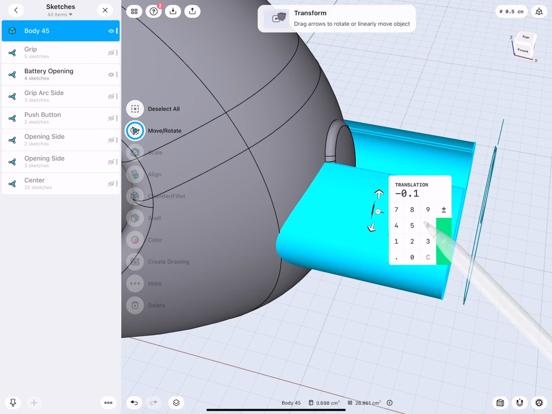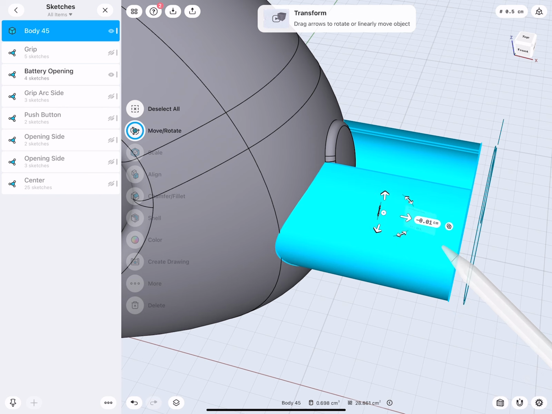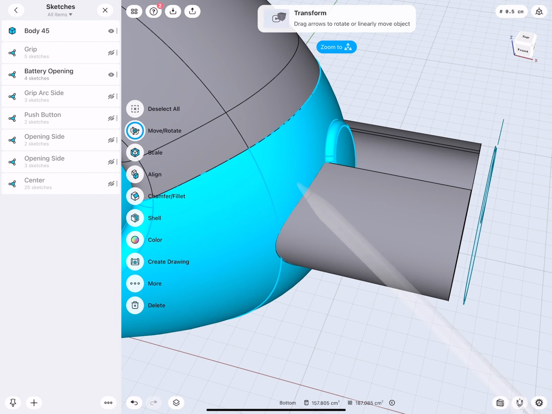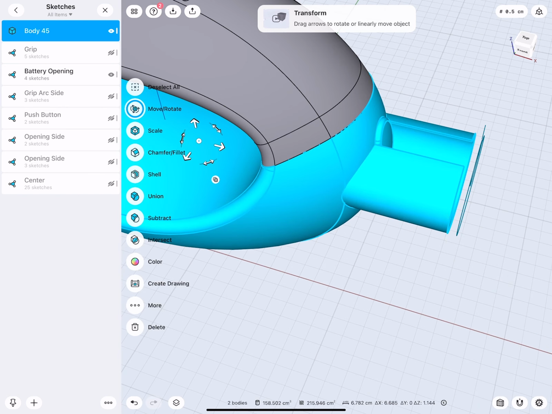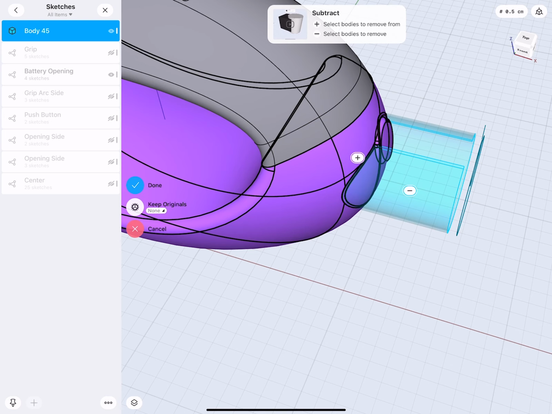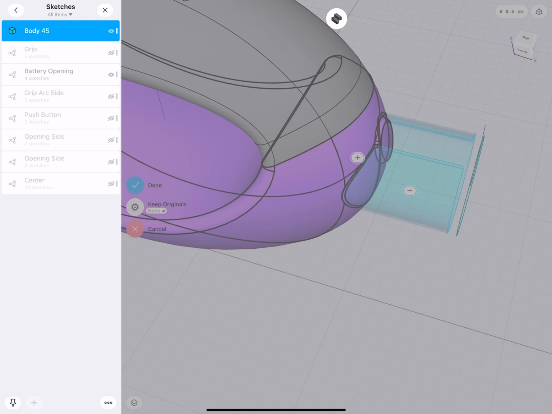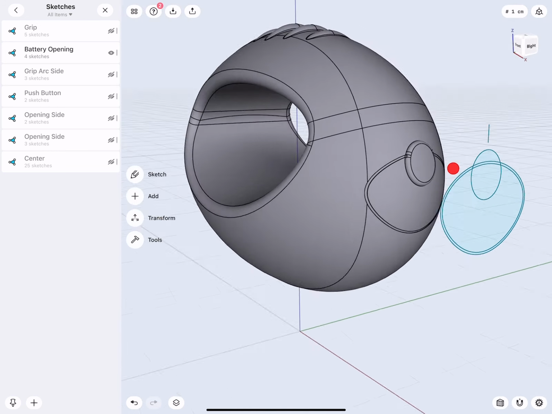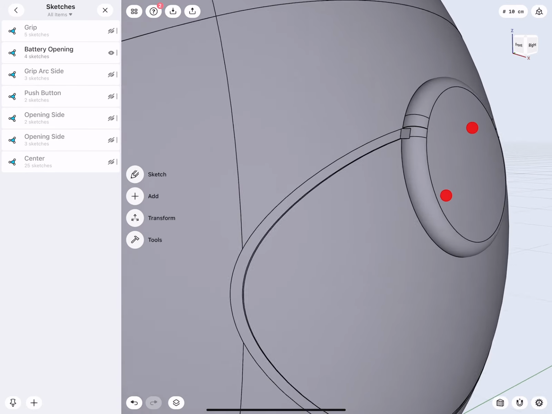Okay, very good. Then I can select this, move this in as needed, and then you remove this one. And there we have exactly the same result.